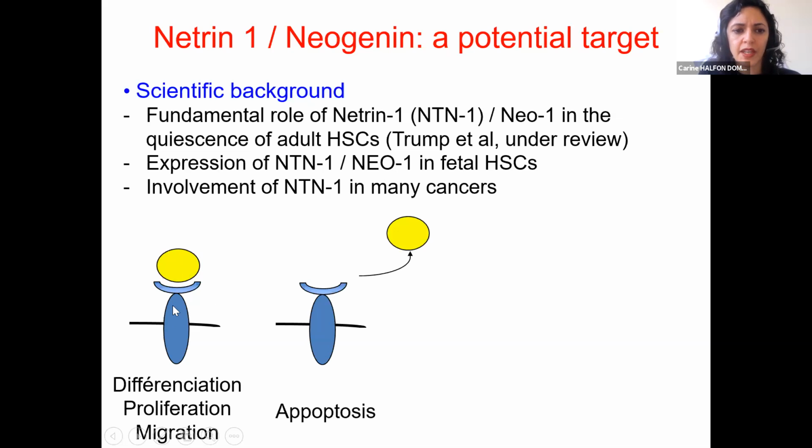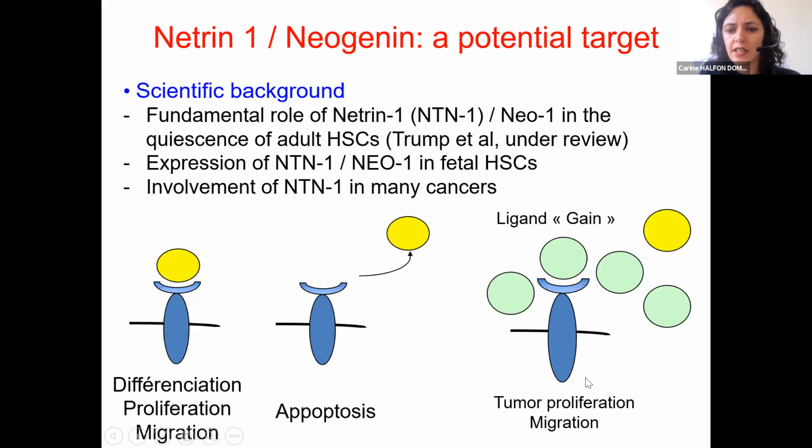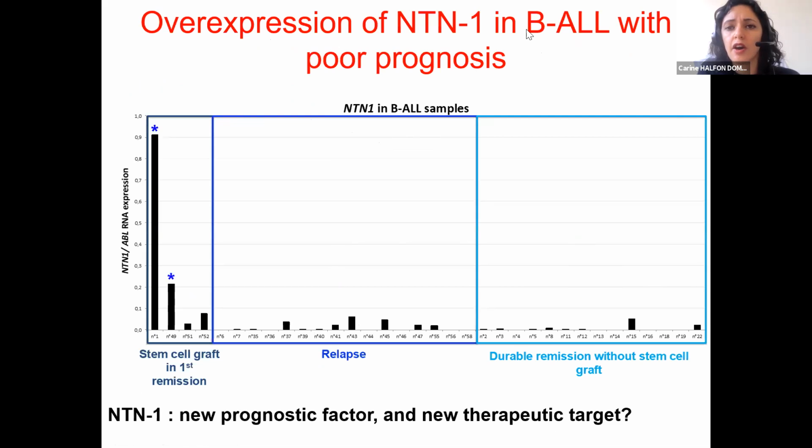Of this ligand function, this is a dependence receptor, and this is a ligand that will induce differentiation, proliferation and migration of the cell. And when the ligand goes away, this dependence receptor will induce apoptosis. But in many cancers, the cancer cell produces more ligands that will induce tumor proliferation, migration, and will be a mechanism of resistance to apoptosis. And in our acute lymphoblastic leukemia, we already show that there exists an overexpression of Netrin-1